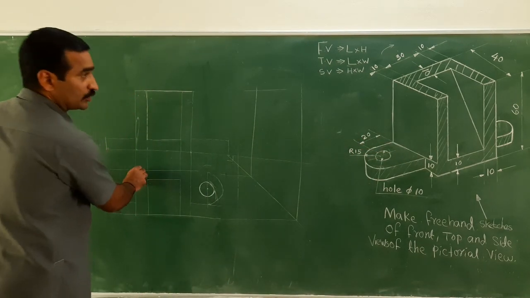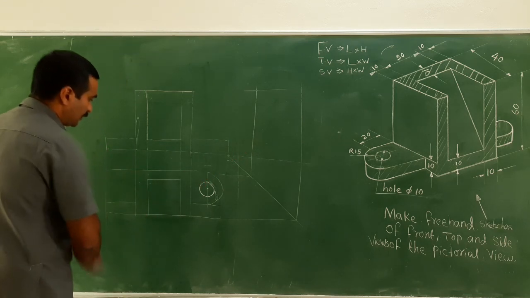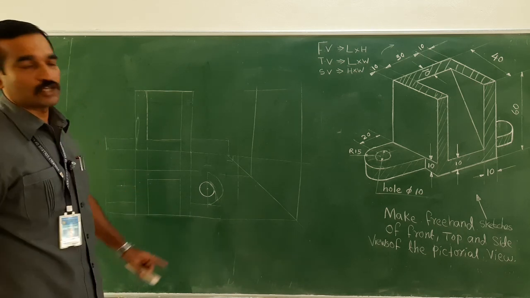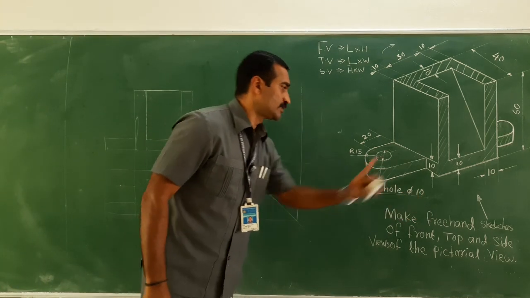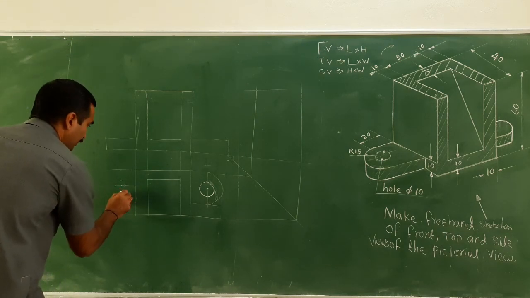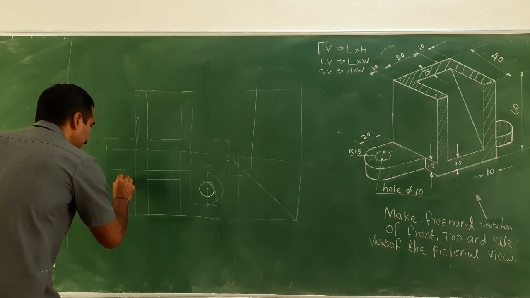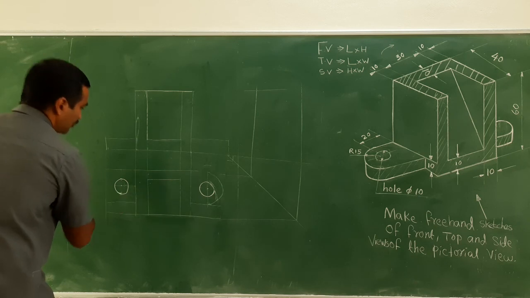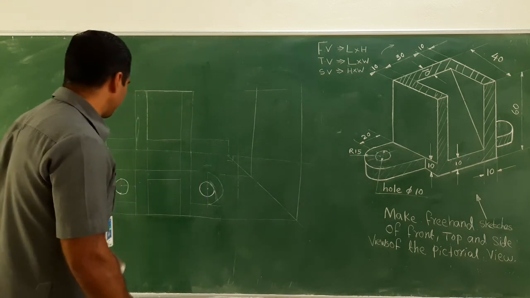So, from here I need to take 20 mm, and from here it is 15. So draw a line here which intersects, that's the center of this particular circle. Since the whole dia is 10 mm, I need to take 5 here, 5 here, 5 here and 5 here. So draw a smooth freehand circle of diameter 10 mm. Fine. Next, the semicircle to be drawn here.